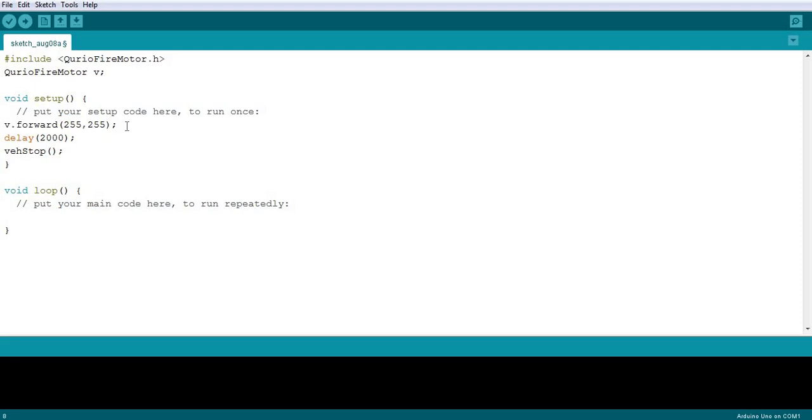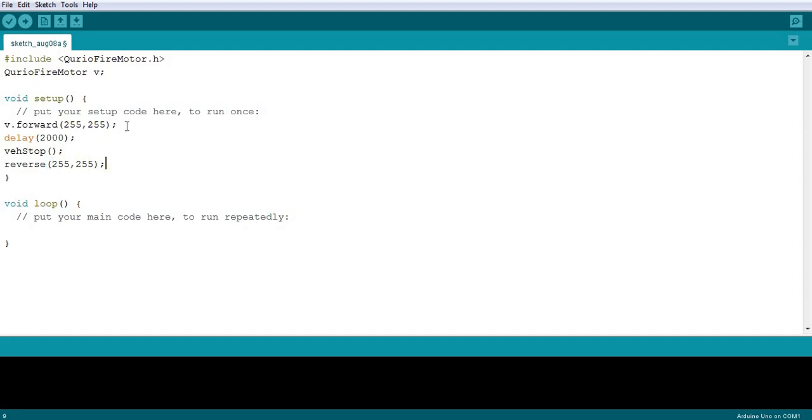Now we want to start from point B to point A without turning. So we don't want to turn, that means we have to travel in reverse. If you go and look at the commands in the library's header file, the command is reverse, and it also needs two input parameters, left speed and right speed. And at the end it is a semicolon.